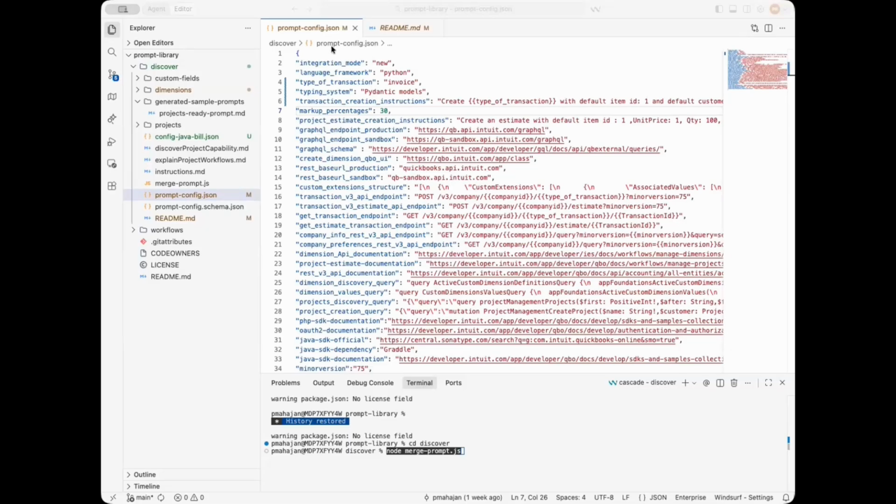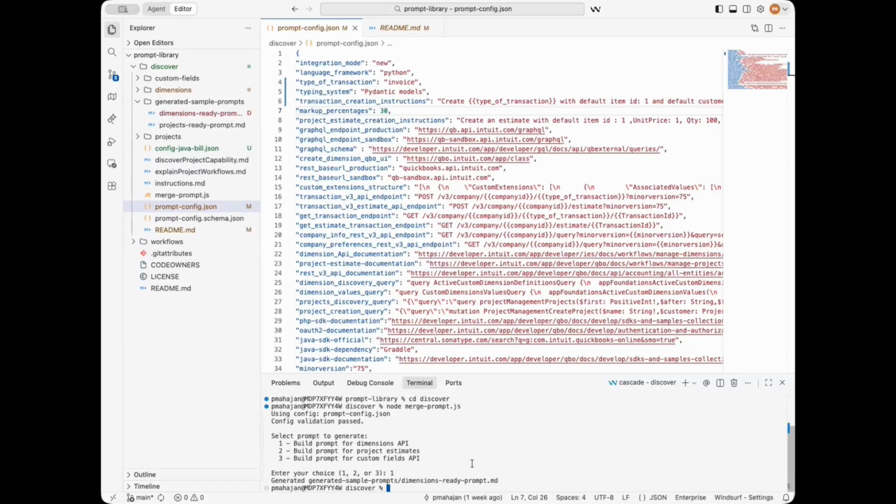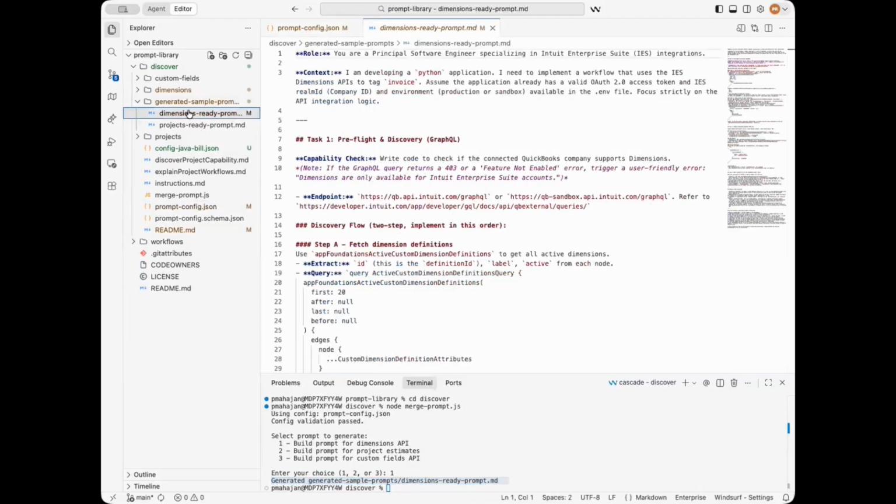And once you give this value into the prompts-config.json, let's run this. In terminal, I'm in the Discord folder and running this command. It asks me for the choice, and it says that the file is generated into this folder. Let's see. Yes. So this is your prompt,